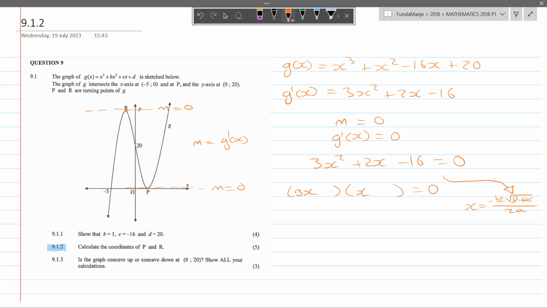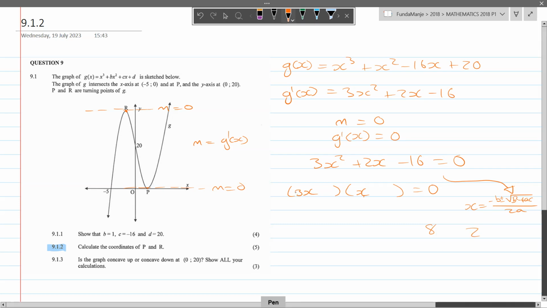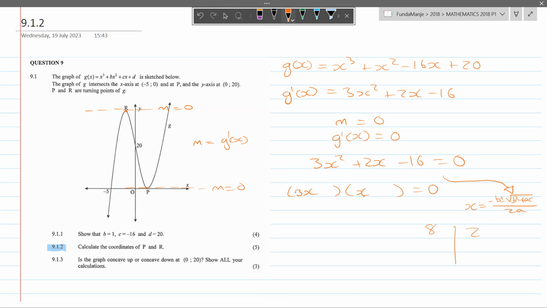So thinking hard about it, we have 8 and 2. 8 and 2 are factors of 16, right? We also have 4 and 4, but we can't use 4 and 4 to create 2. We can use 8 and 2, however, to create 2, and that will be as follows. We can have plus 8 and minus 2, a combination that can work, because 3x times x